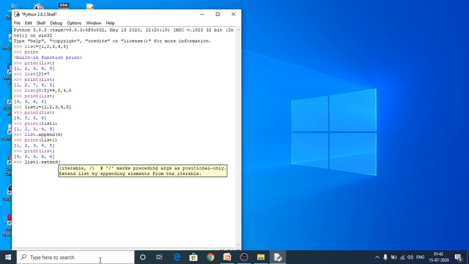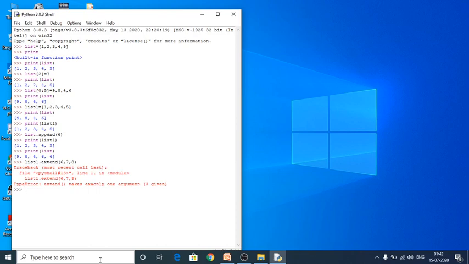Here I wish to add 3 more elements, 6 comma 7 comma 8. Sorry, for using extend I have to use square brackets within the normal bracket.